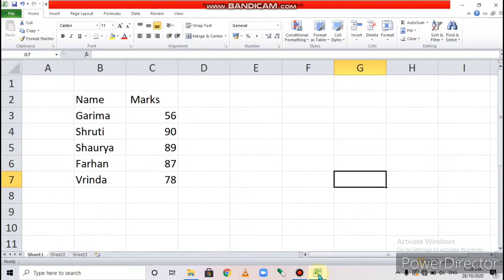Understood? Now on page number 102, selecting cells. In order to perform an editing operation, you must know how to select cells, columns, rows or data inside the cell. Before editing the data, you must select the data. There are different types of selection. You can see the table which is given on page number 102. Let's see one by one.